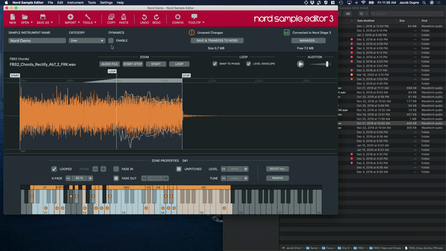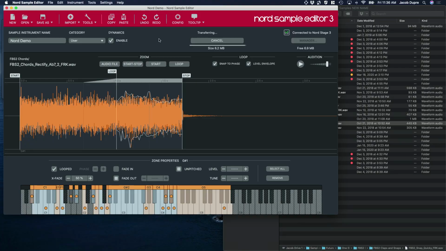Now this is a really neat thing. I did not have it on for the sample that I created before, but I'll go ahead and turn it on and save the instrument. So what dynamics does is it's going to take the samples you've loaded in and interpret it like it would an actual instrument, like you would play on the keyboard, where if you play softly, it'll be soft, you play loud, it'll play loud. So basically it gives you a dynamic range. So now that dynamics are on,